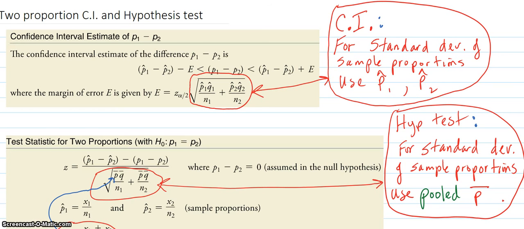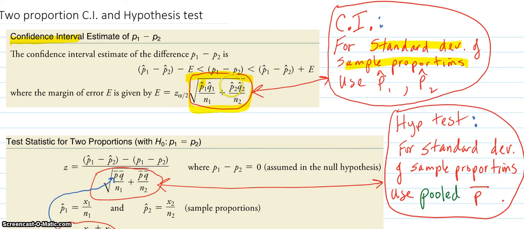Here we're going to do a two-proportion confidence interval and hypothesis test. First thing we want to realize is that the formulas for the standard deviation of the sample proportions are a little bit different in the two cases. So in the confidence interval, you've got this formula for the standard deviation of the sample proportions, which uses the